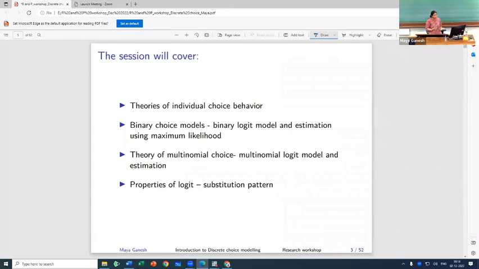We'll look at the estimation of the binary logit model, and then we will extend this. The same mathematical machinery that we will have built, we will see how to extend to more than 2 alternatives, into a multinomial choice. So we will look at multinomial logit, and then we will look at some properties of the logit,